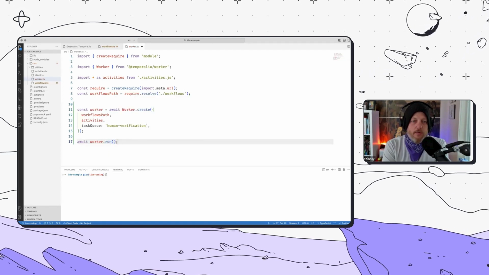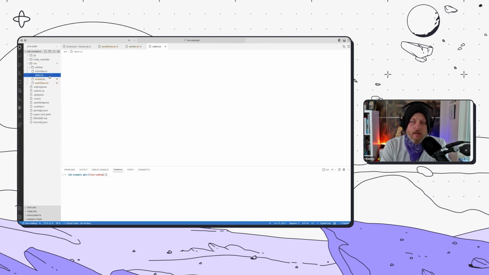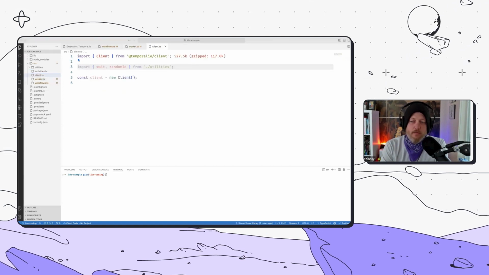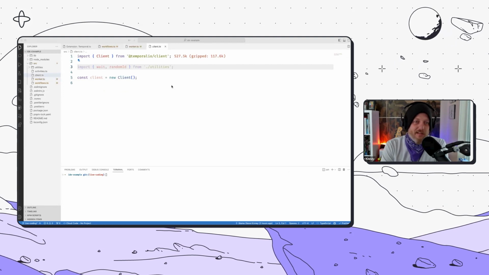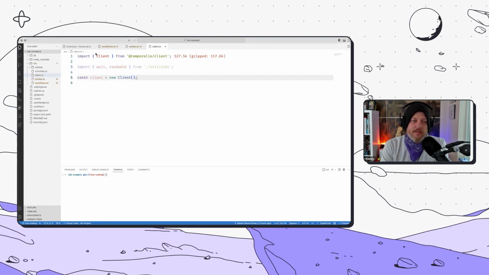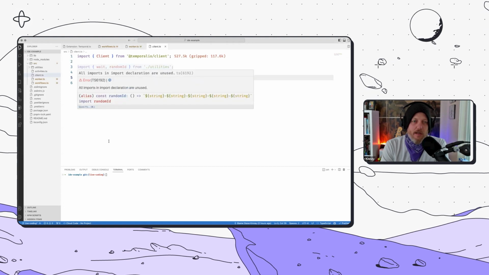Right, so we got all that in place. So that's our worker. And then all we really need to do at this point is flesh out the client. We will make one more file at one point, but I'll show you that in a second. Cool. And so I've got some little helpers here that I'm using so that you don't have to watch